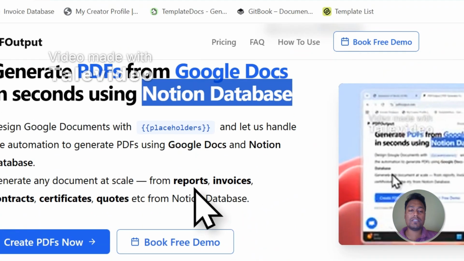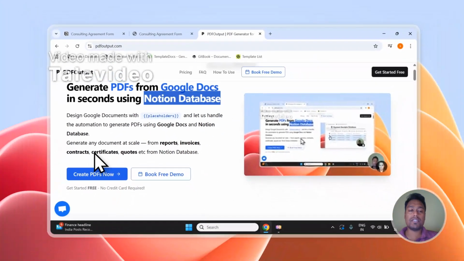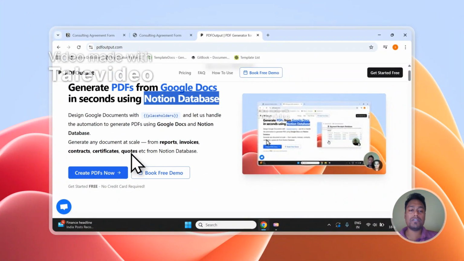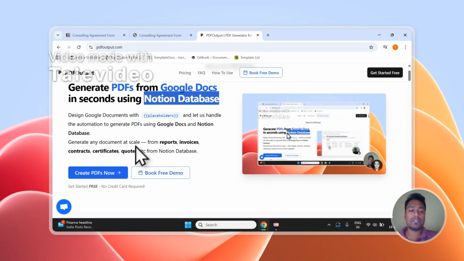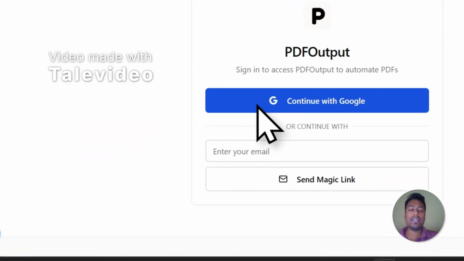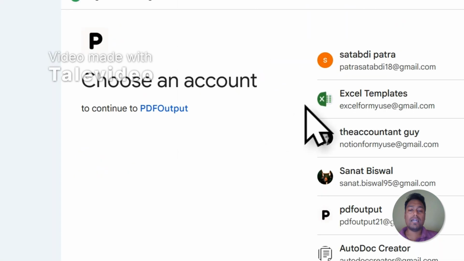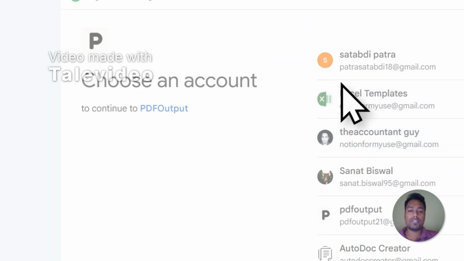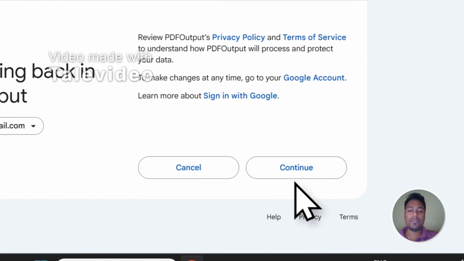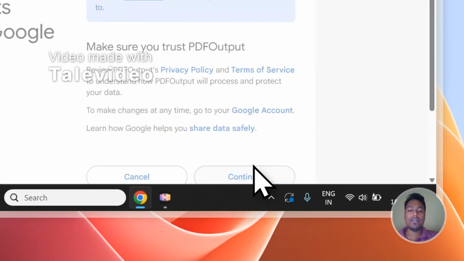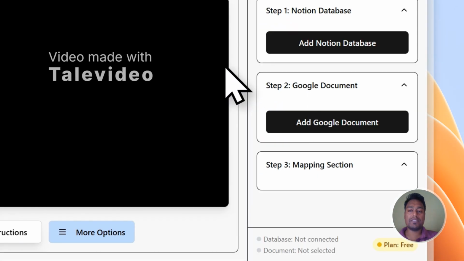You can create anything such as reports, invoices, contracts, certificates, or even quotations for your business, which you're using on a day-to-day basis. Click on Create PDF and quickly sign in with any of your account, and then we will understand the rest of the automation steps. So I'm going to quickly sign in over here, and then we will proceed further with the remaining steps for